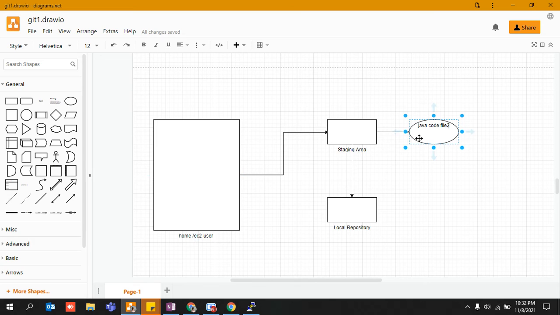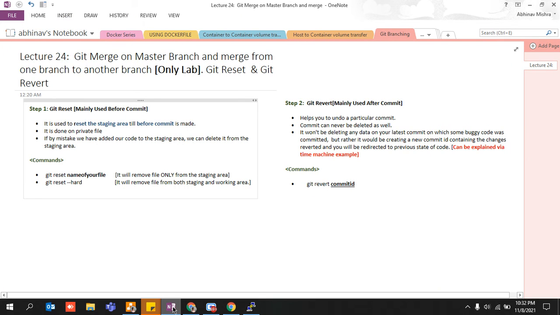And if you want to hard delete this particular file, if you believe that it won't be fixed by just correcting 10 lines of code, the entire code I have written is totally and absolutely wrong, whatever 150 lines of code I wrote was a piece of bullshit, I should remove it from my working directory as well. For that, use this particular command, git reset --hard, right? So that was all about git reset.